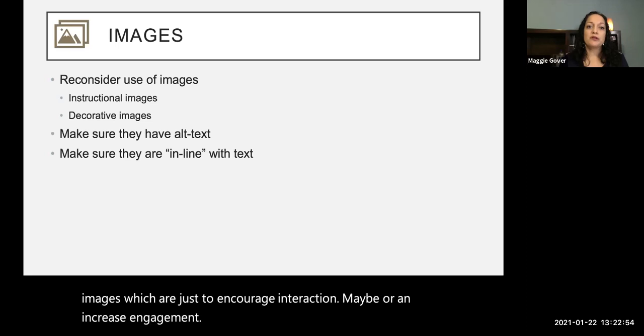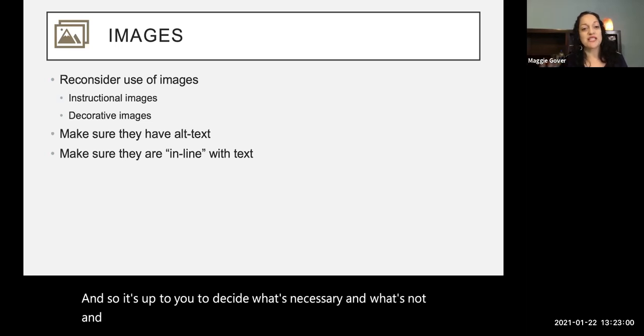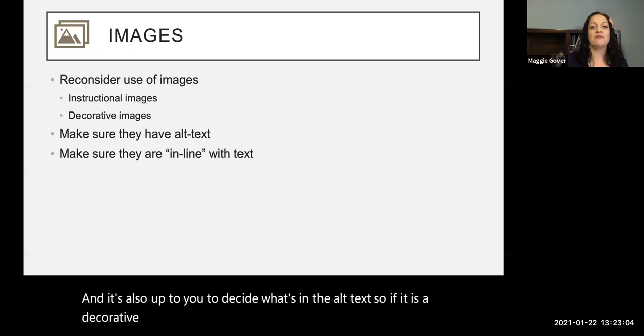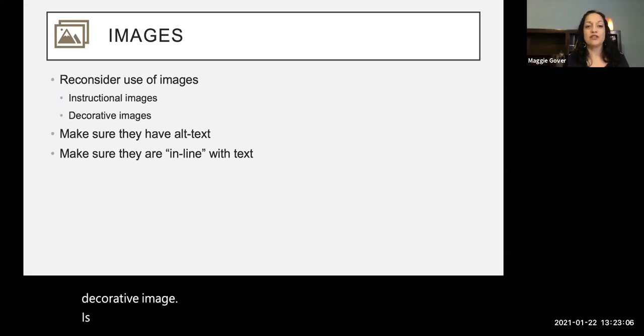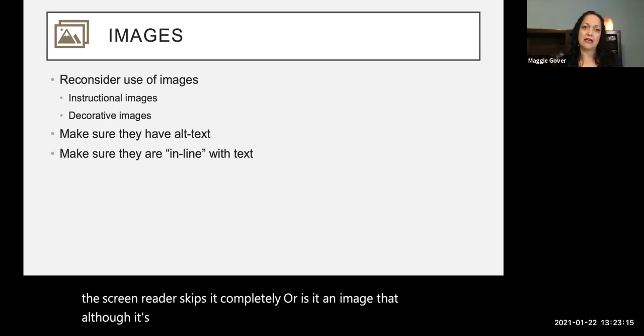And so it's up to you to decide what's necessary and what's not. And it's also up to you to decide what's in the alt text. So if it is a decorative image, is it so decorative that you can just say decorative and therefore the screen reader skips it completely? Or is it an image that, although it's decorative, does add some meaning or some dimension to the work? So for example,